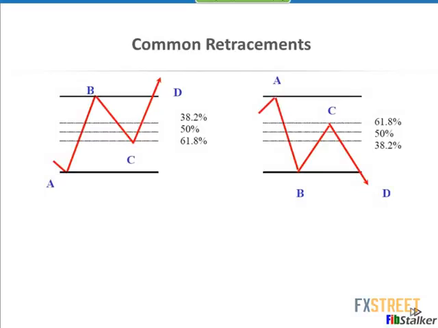For longs, this could be bullish engulfing or Morning Star. I don't use candlesticks. I use put prices. I'll show you later on. But that's the way traditionally